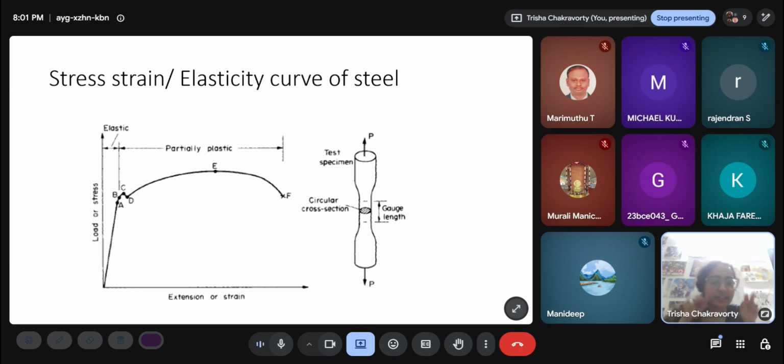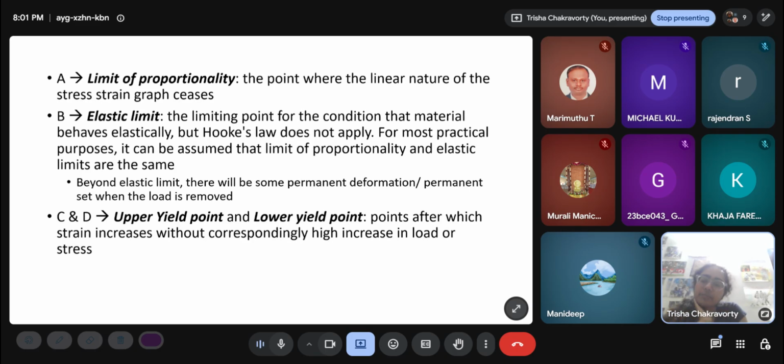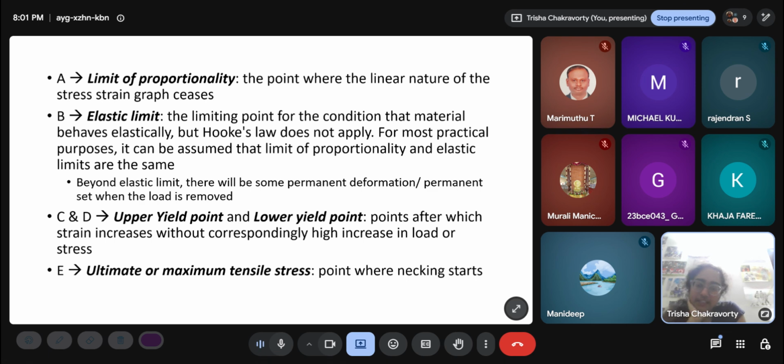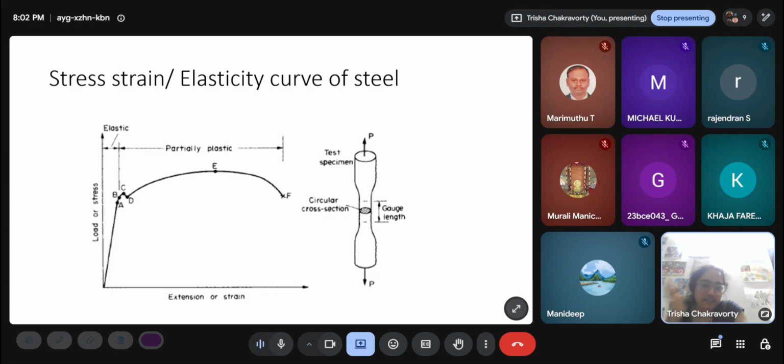We use the term the material has yielded. It has not failed yet, it has yielded. That means the yield limit has been crossed. So for a small increase in stress, the strain will increase rapidly, because that is what it means, right? As the slope becomes flatter, if the stress increases a little bit, the strain increases a lot. So the material is rapidly deforming now. After yielding, it rapidly deforms.